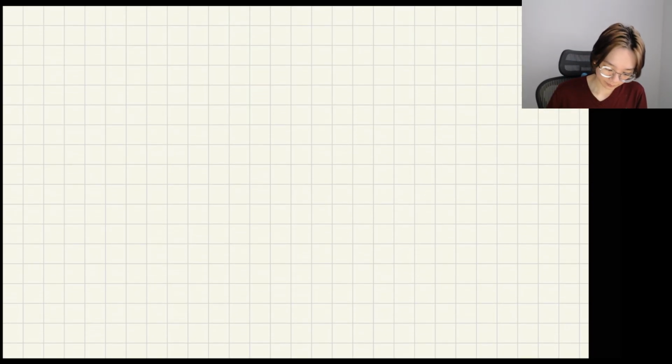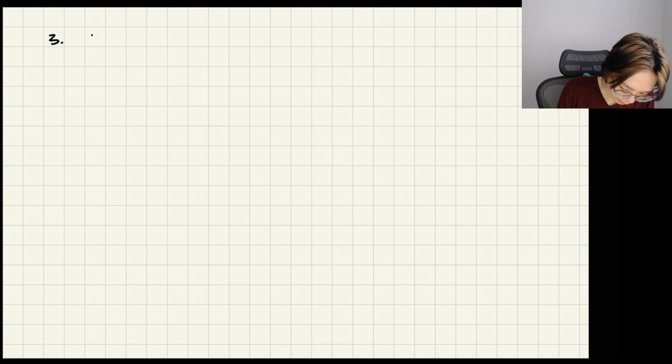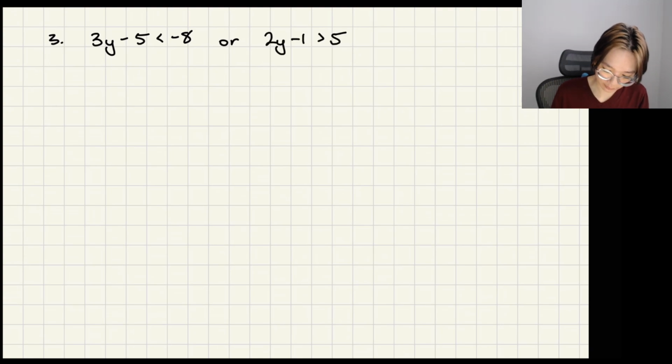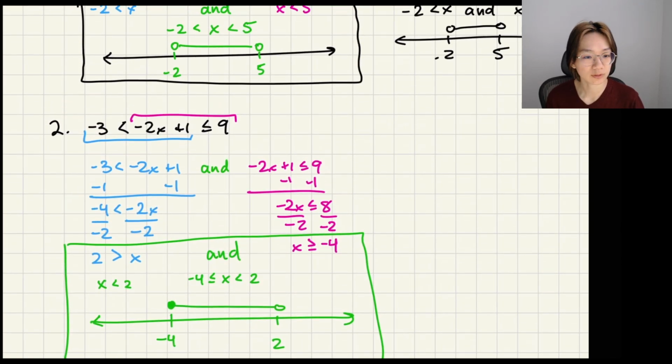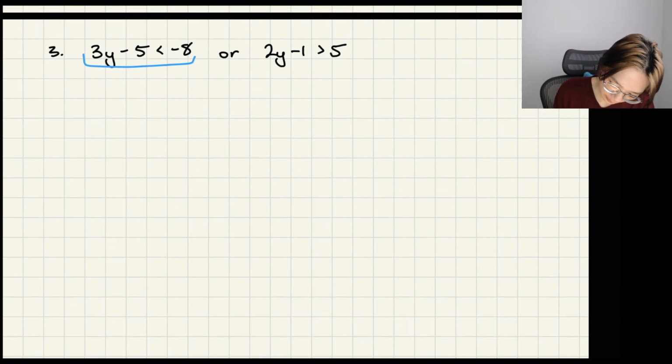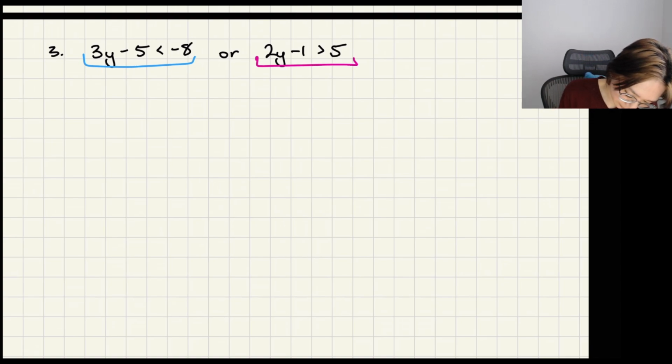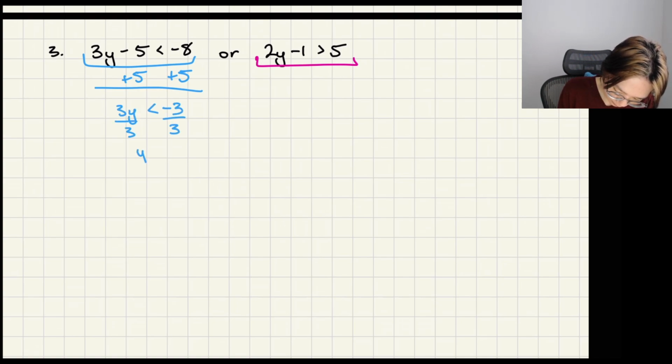Now our last example. 3y minus 5 is less than -8, or 2y minus 1 is greater than 5. Same exact thing, except they're not combined because they can't be combined, because this is an "or". So we still have our 2. This is already our compound inequality. We already have the first step that we normally do up here done for us already. So we're just going to solve these just like normal as a 2-step equation. Or